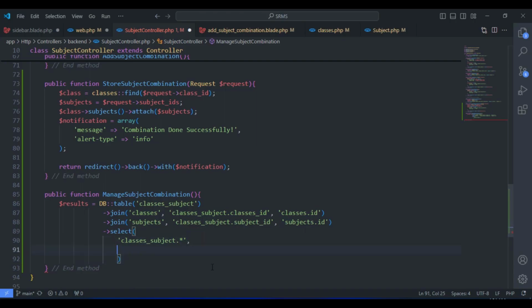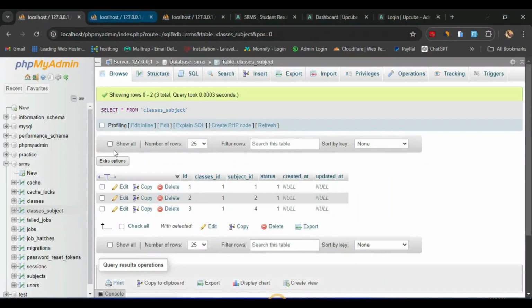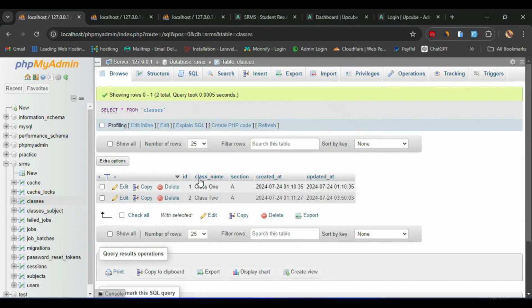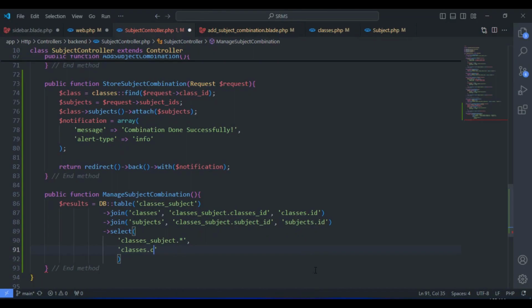So let's say comma, and then inside of our classes table, I want to get our class name, which is right here. Let me navigate to our classes. Okay, I want to get our class name and section, so let's do that. Let's say class underscore name, and then I'm going to say it inside the same classes table. Copy this. Okay, inside the same classes table, I want to get our section